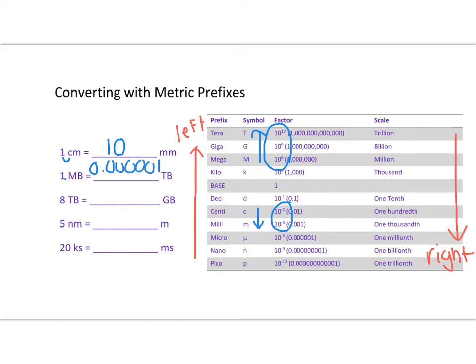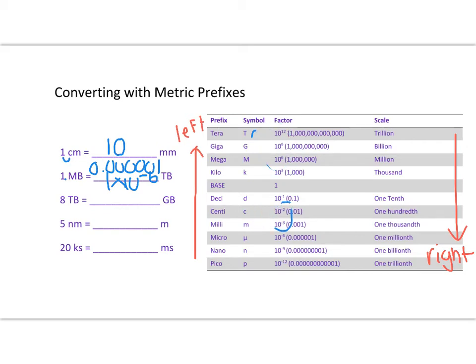0.000001. However, that doesn't look that great. Another way I can do this is 1 times 10 to the negative 6. Why is it negative? I'm moving to the left, and my number is getting smaller. All right. So my next one,